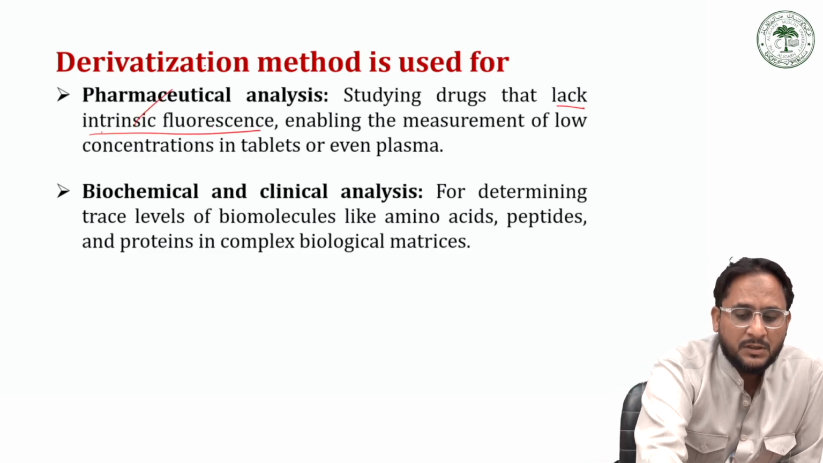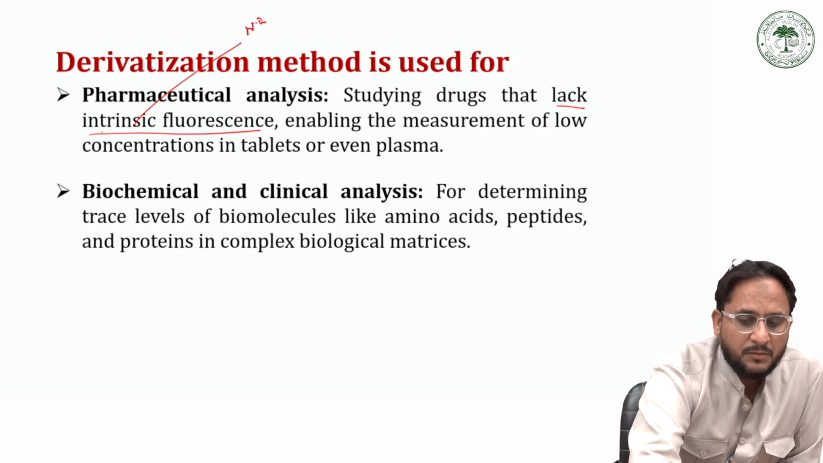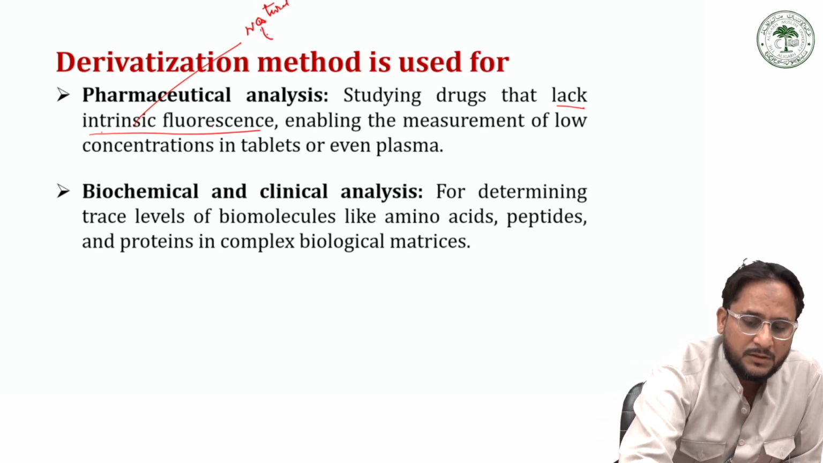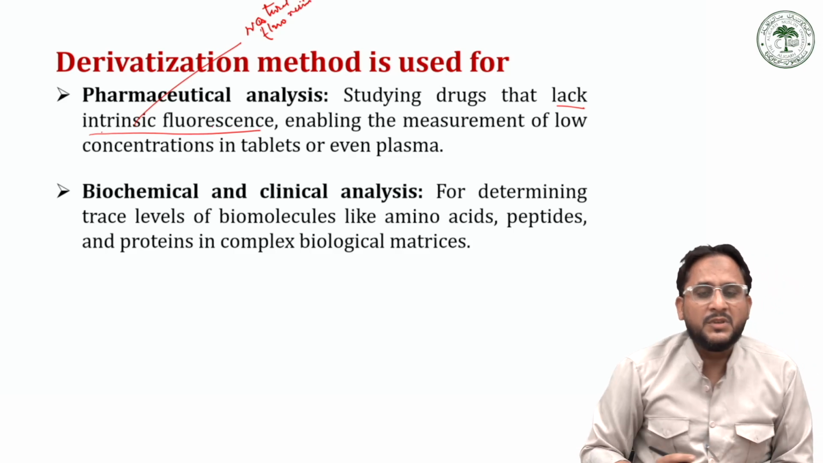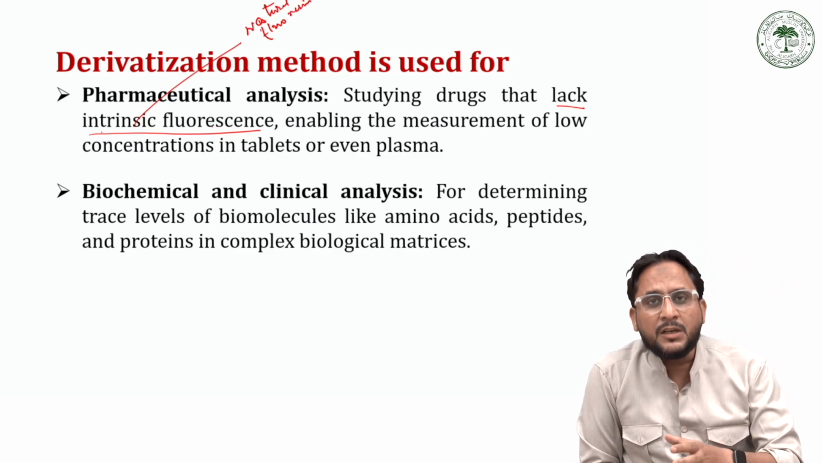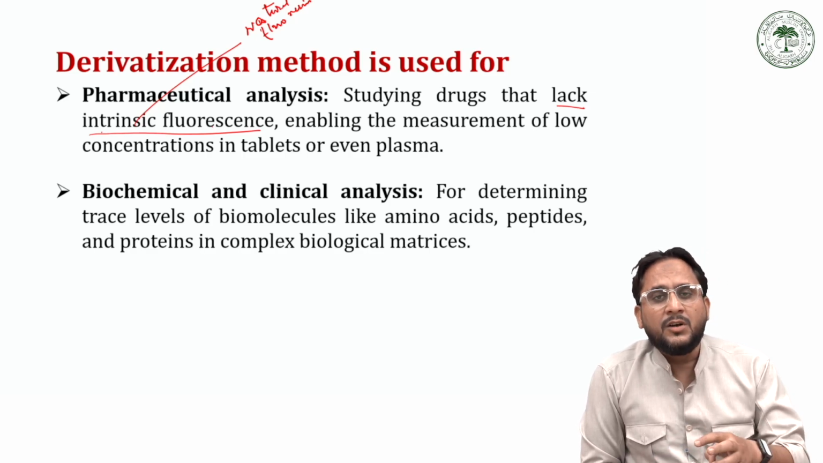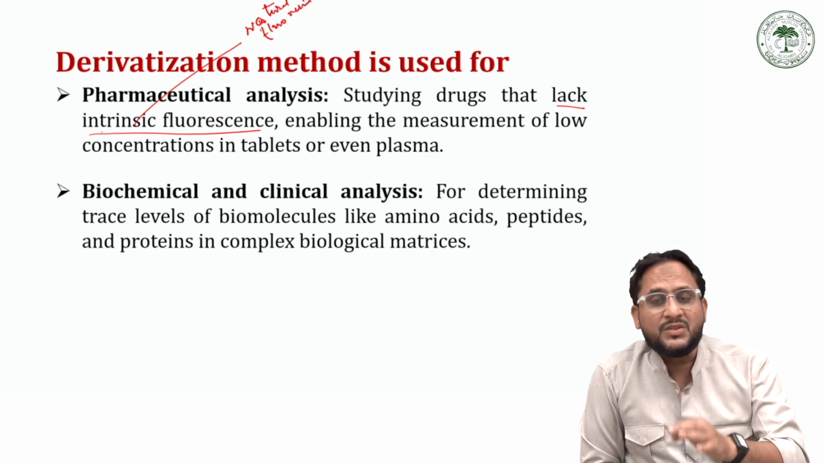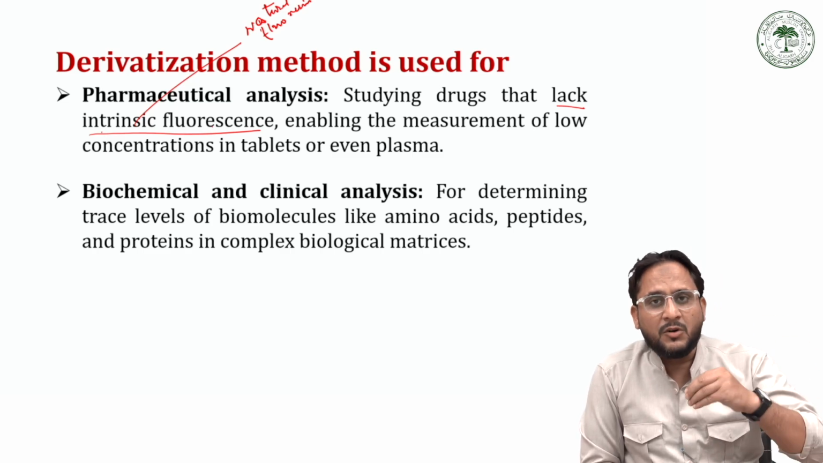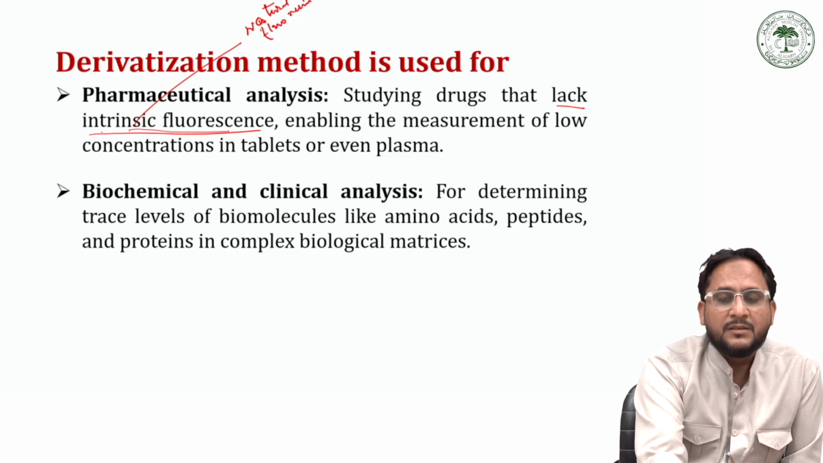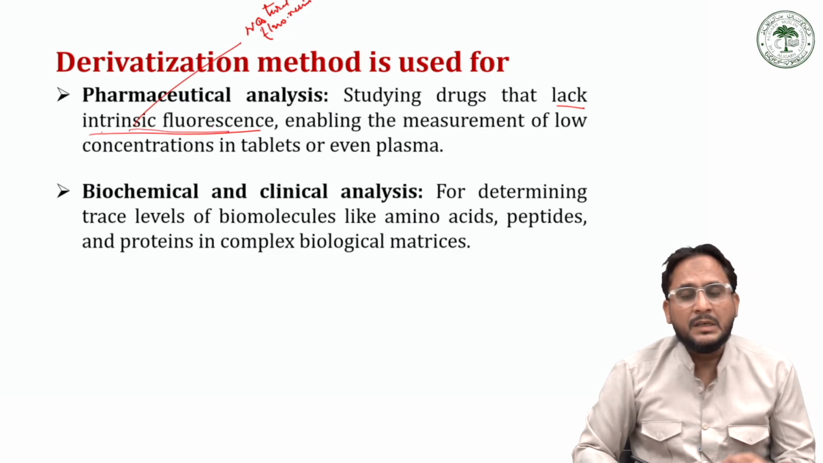Intrinsic fluorescence means natural fluorescence. If a compound has intrinsic fluorescence properties, it is naturally fluorescent. If a compound does not have intrinsic fluorescence, it is not naturally fluorescent. And if we make it fluorescent by adding some agents or dyes, then it is called derivatization or extrinsic fluorescence, because we are adding something from outside to make it fluorescent. So those drugs which lack intrinsic fluorescence, meaning they are not naturally fluorescent, can